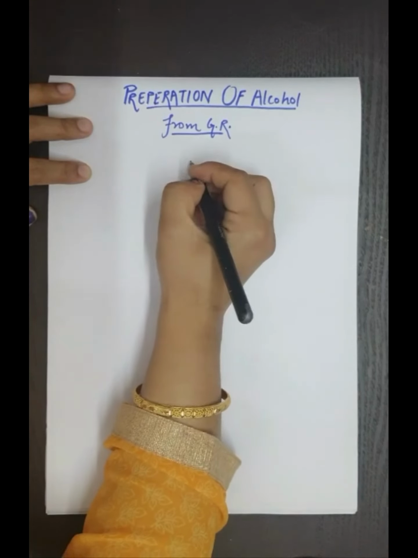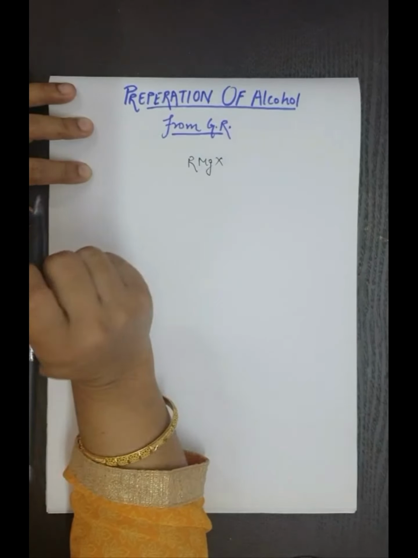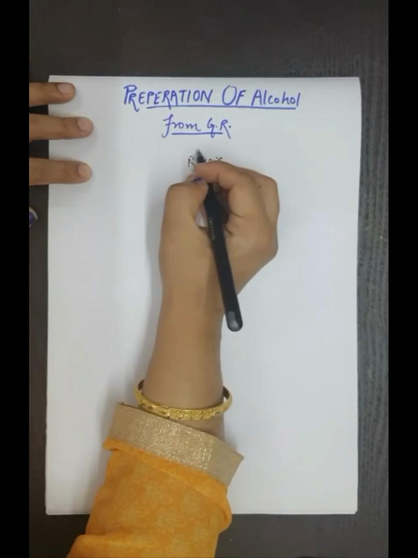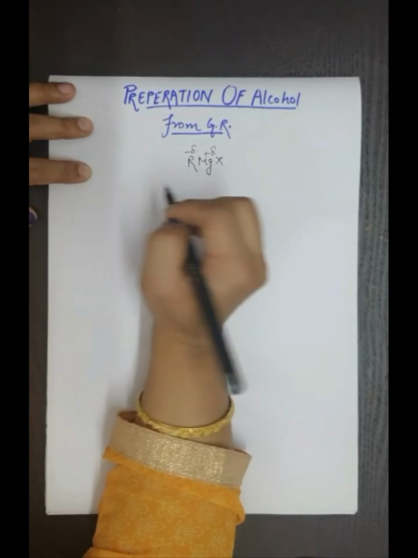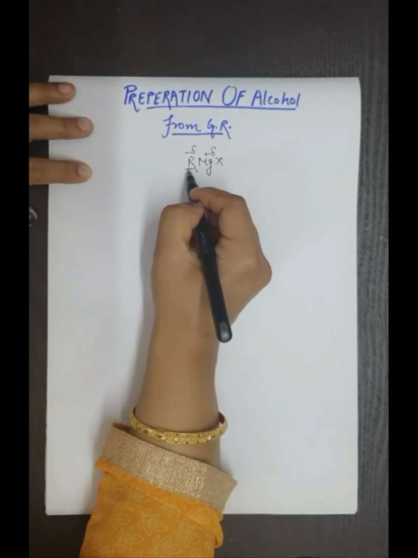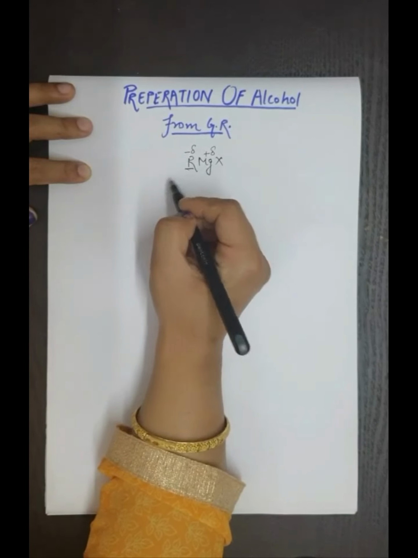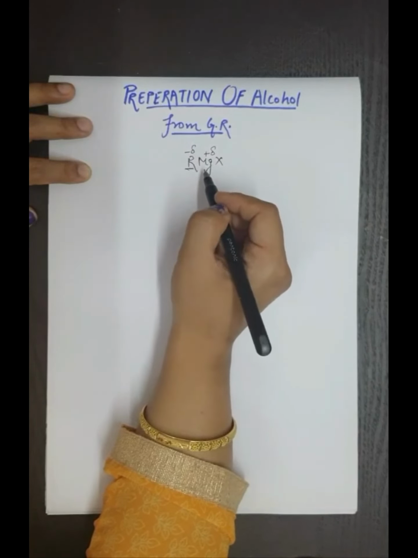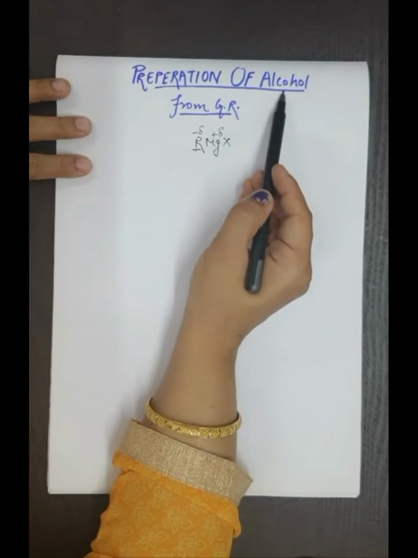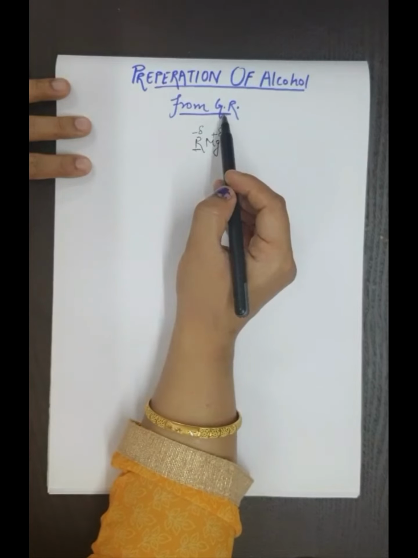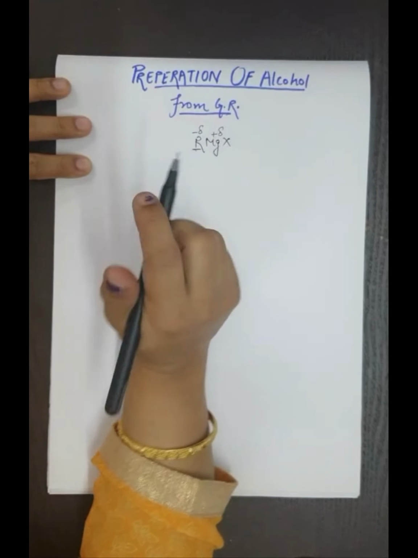As we know, Grignard reagent is RMgX, and in the previous video I told you R possesses negative charge and magnesium possesses positive charge. Because of this negative charge, carbon is highly unstable and easily reacts with other organic compounds and forms the product. To make the alcohol, Grignard reagent reacts with the aldehyde and ketones followed by hydrolysis and forms the alcohol.